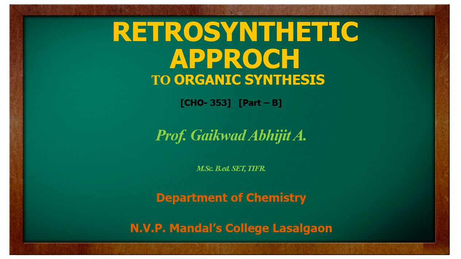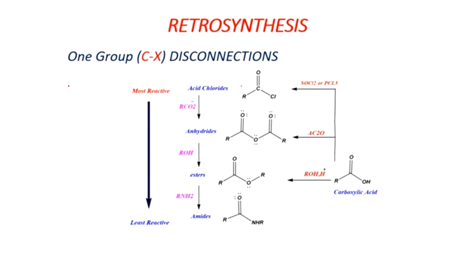Hello friends, previously we studied the C-H group disconnection in such a way that we get a stable fragment. Here we are going to study our next points one by one. We are studying the C-H group disconnection in carbonyl compounds. We reach the carbonyl compound, see how the disconnection could occur, and get a stable fragment. So this is one group C-H disconnection in carbonyl compounds.